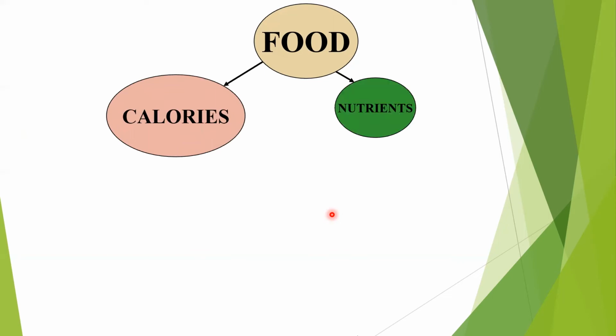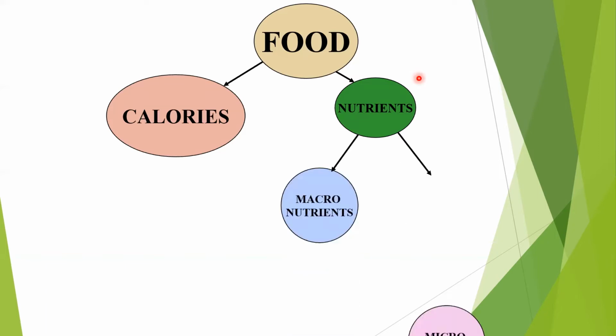Now, how we can take charge of our metabolism is by those 4 pillars. And I'm going to demystify a little bit on the food here. So food is again divided into 2 parts, calories and nutrients. Calories is something like petrol in our scooter or a car, and nutrients we can say is like the engine oil of our car. I'm sure this knowledge is very basic, but we are going to get into more detail soon. Now, talking about nutrients, there are 2 kinds of nutrients. Macronutrients is something that we need in more quantity, and micronutrients is something that we need in less quantity.